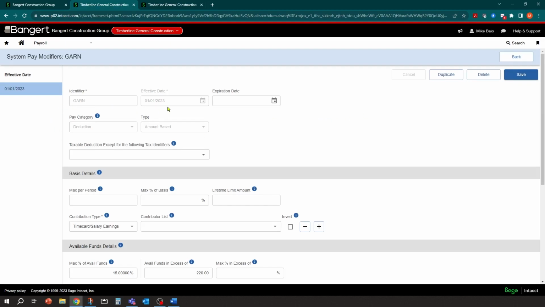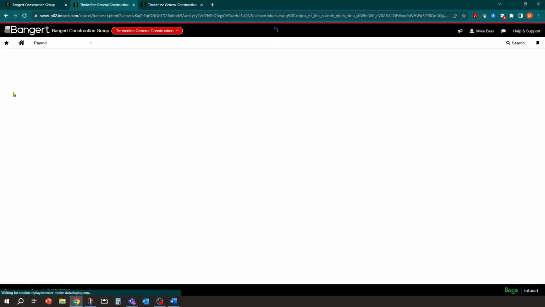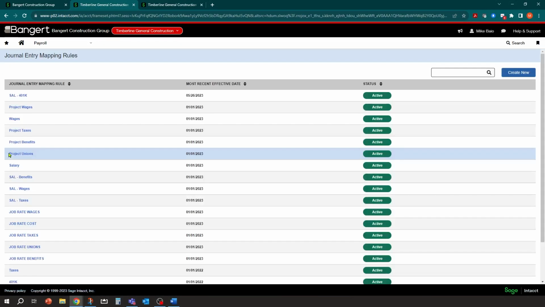So while we keep going here now, if you're familiar with setting up payroll, you also need to make sure that if you set up a new pay modifier, actually anything new in the system, you make sure it's set up in the journal entry mappings for your general ledger posting. So in this case, it's a project-related employee. Depending on your journal entry mappings, they might look different here based on how you have them set up.